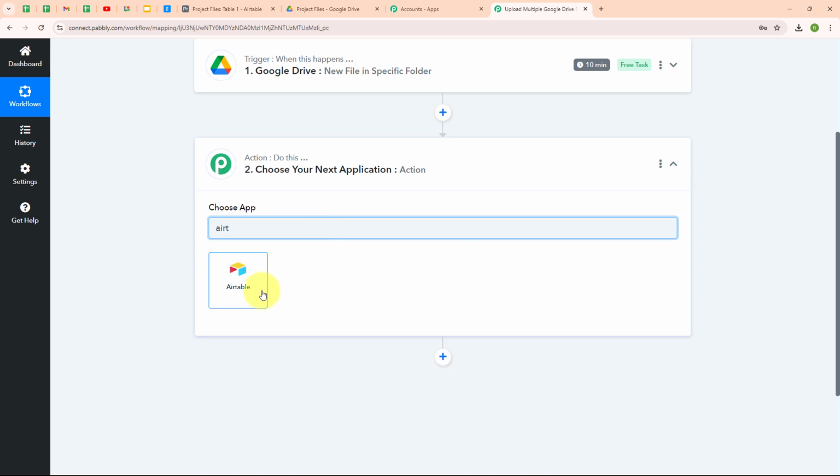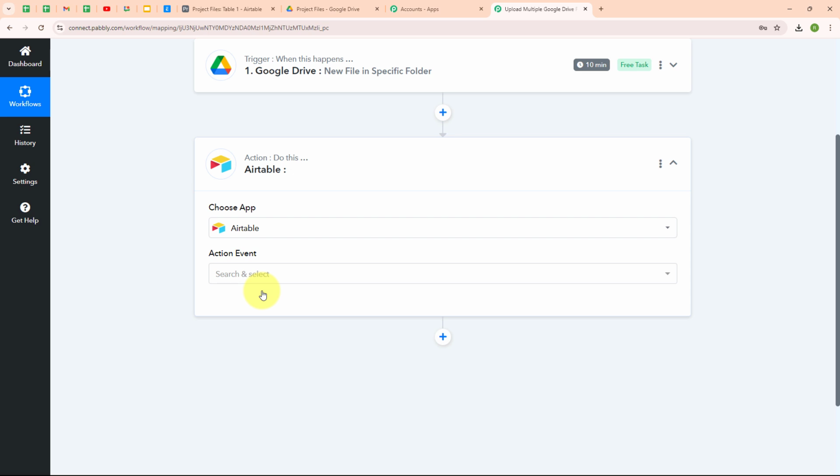So Airtable is a flexible and user-friendly database tool that combines the simplicity of a spreadsheet with the power of a database. It's like having a supercharged Excel that can do a lot more. People use Airtable because it helps them organize and manage their projects, data, and workflows in a visual and customizable way. You can create tables, link records, add attachments, and even set up automations to streamline your task.